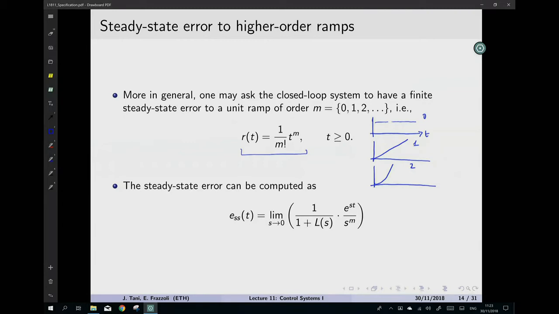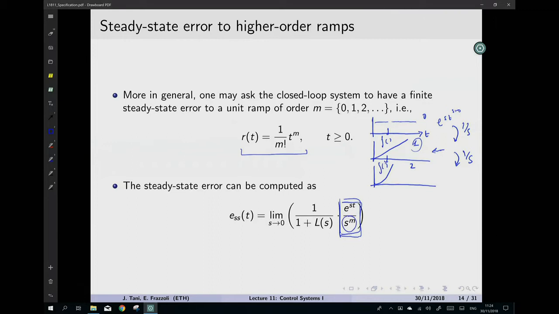That is the transfer function evaluated at that specific frequency times the input signal, right? So if this is E at the ST with S equal to 0, well, what is this? A first order ramp, this is a constant, this is a line, it's nothing but the integral of the above, right? If we integrate this, you get this. Then this is a parabola, it's just the integral of this. Now, if you remember, integrals are indicated by 1 over S. So as we increase the order of the ramp, basically what we're doing is integrating the 0 order ramp m times. And so we can express the input signal as E at the ST over S to the power m. Now,